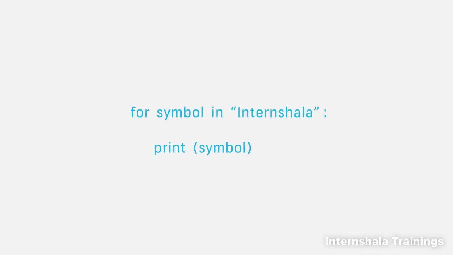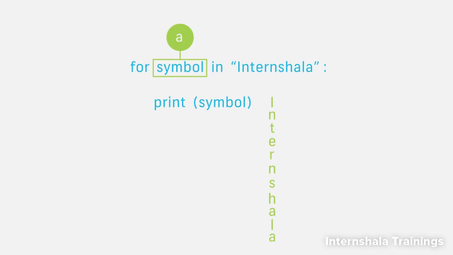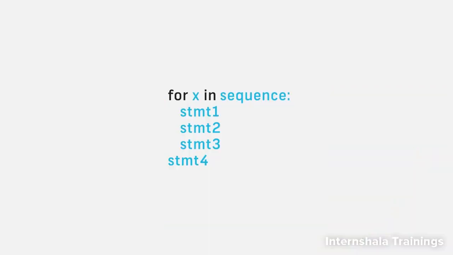Let's see how the for loop worked here. The variable holds a single element of the sequence, with each loop starting with the element at index 0. Then, the body of the loop is executed for each member element in the sequence till all the elements are exhausted. So, the for loop doesn't require explicit verification of a Boolean expression controlling the loop like in the while loop. We can summarize the general usage of the for loop as shown on the screen.